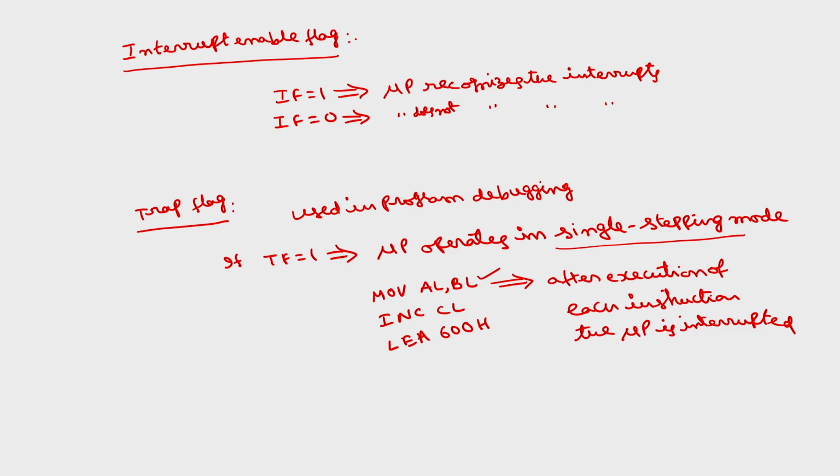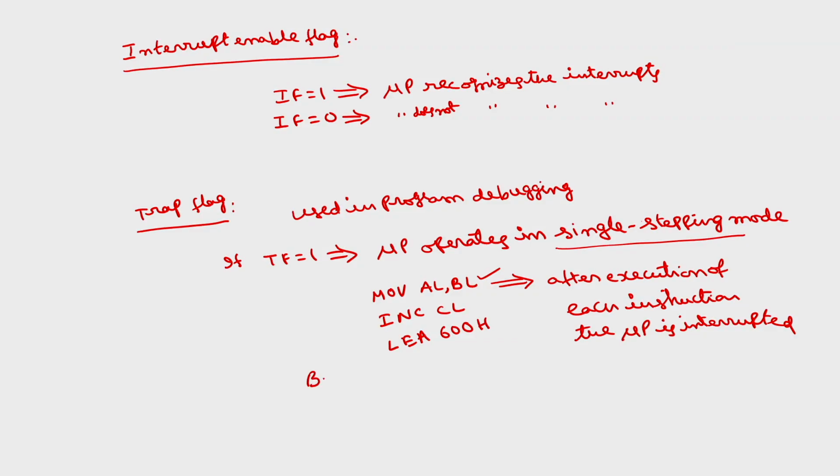One way is executing the entire program once. The problem is, if you get an error, it is difficult to find out. The second way is single stepping. After each instruction you have to check the contents of the registers and memory locations. So, this is a time consuming process. There is one method in between these two. Instead of executing the entire program once or executing instruction by instruction, there is a method called the breakpoint method.